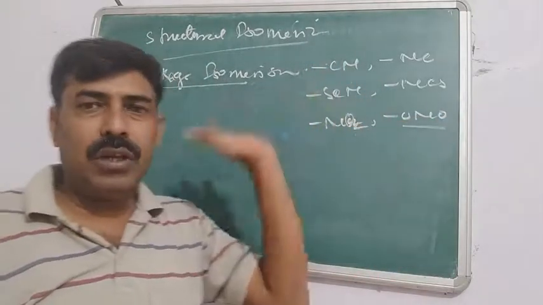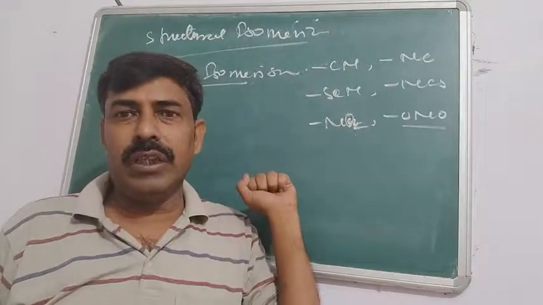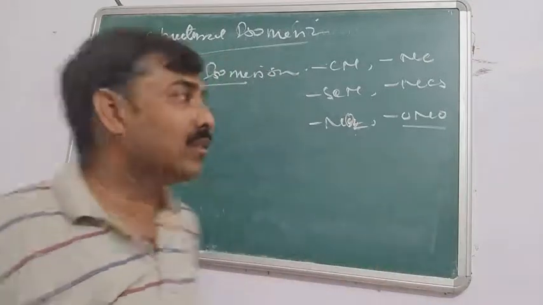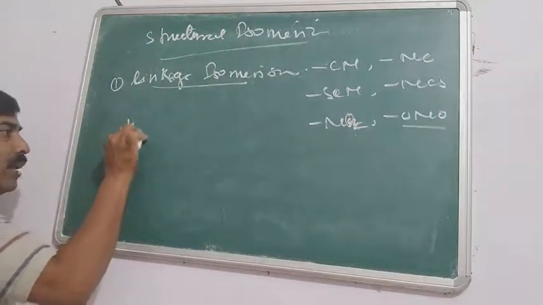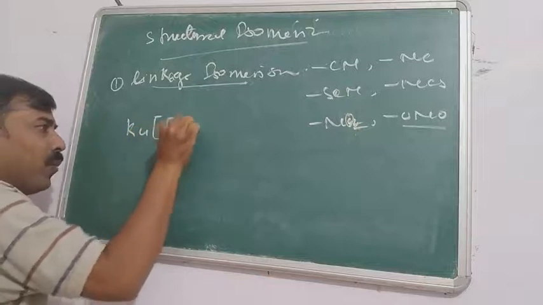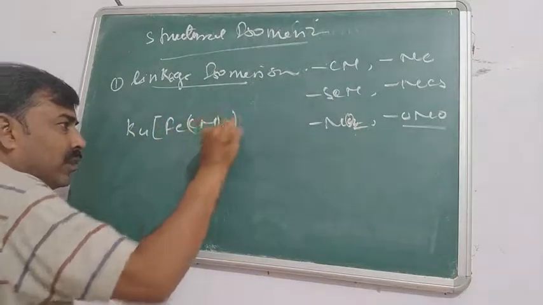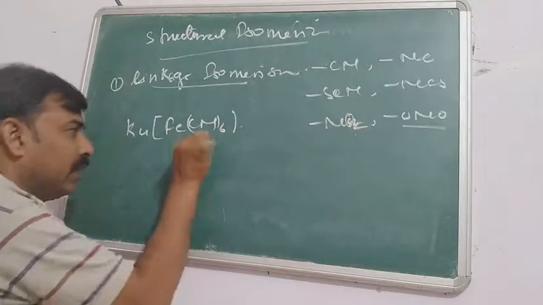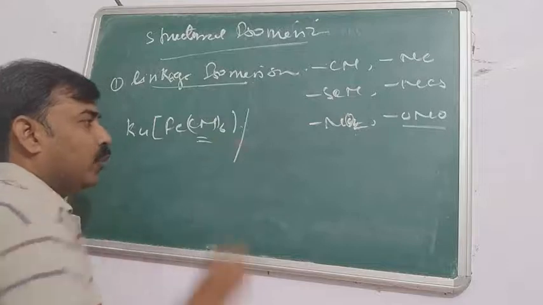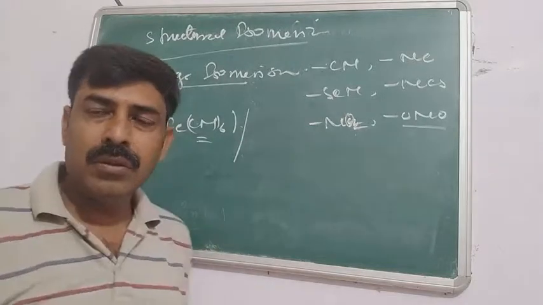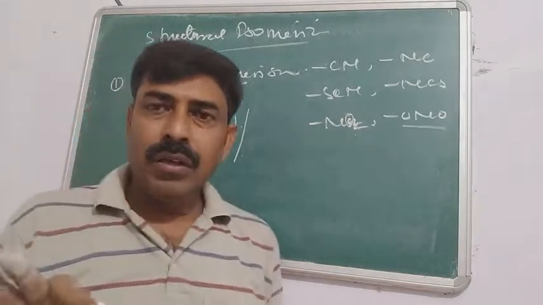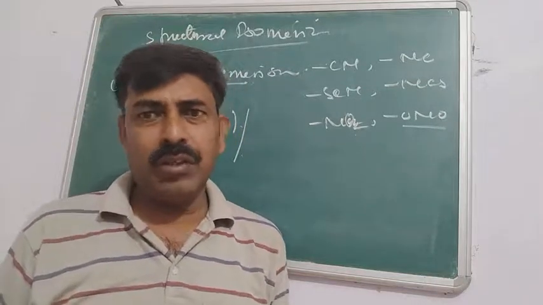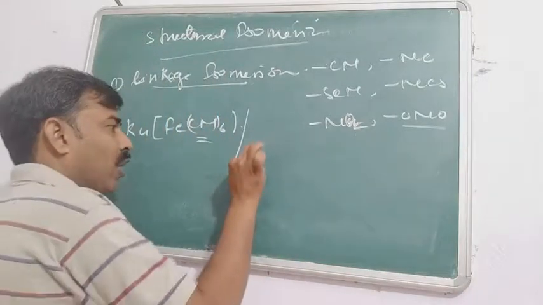If any of these are here, then in that case you can say that they are capable to form the linkage isomerism. Only the ambidentate ligands containing compounds can show the isomerism. So if this is the compound K4[Fe(CN)6], this is the compound, and here you can see that the ambidentate ligands are also here. Then what will be the isomer? Any one of the cyanide will be replaced by the isocyanide, or all the 6 cyanide can also be replaced by the isocyanide. So the compound will be